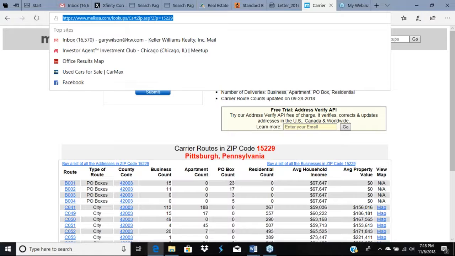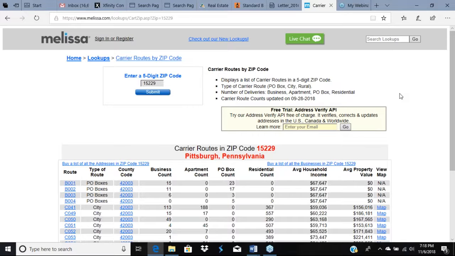melissadata.com/lookups/cartzip.asp, and that's where you stop. The reason it says a zip code in here is I've actually typed one in, but you hit the ASP is where you can stop. You hit the enter key and you'll get a screen. It looks just like this, and you type in the zip code. Okay, so I typed in 15229